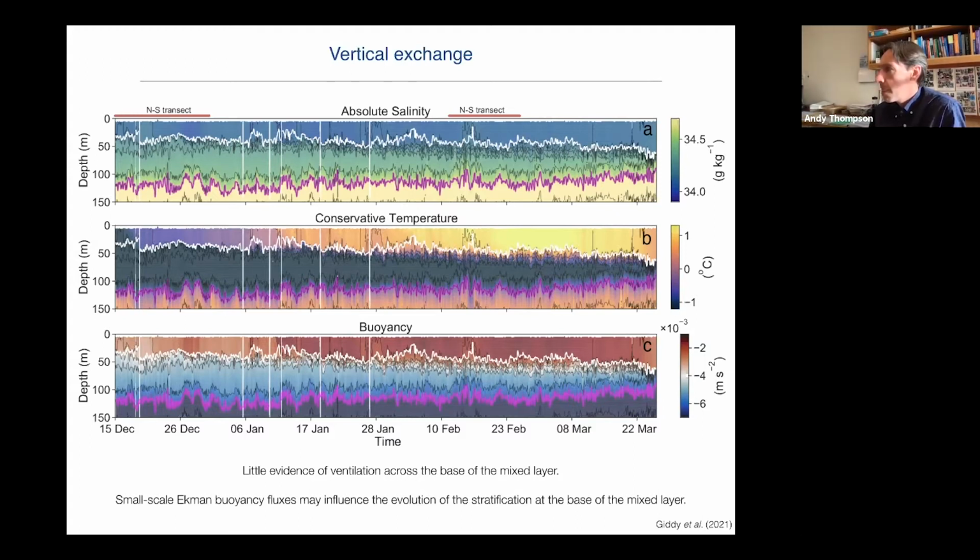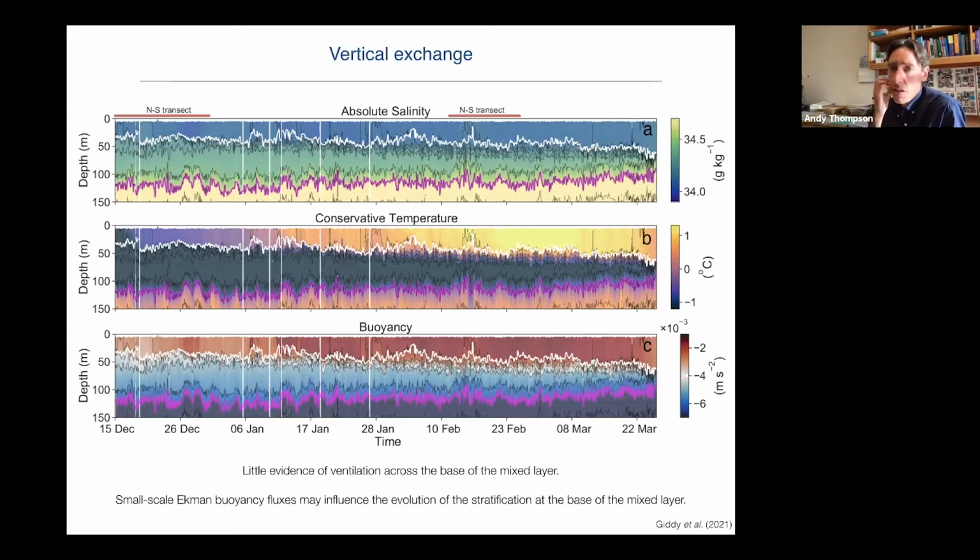Now, the other thing that might be important is this idea that if you do have a field of very strong submesoscale buoyancy gradients at the surface, is there the potential here for them to interact with the surface winds and generate what we call an Ekman buoyancy flux, which is that schematic picture I showed you before, that with an Ekman transport, you can advect dense water over the light water and potentially have small regions of convection